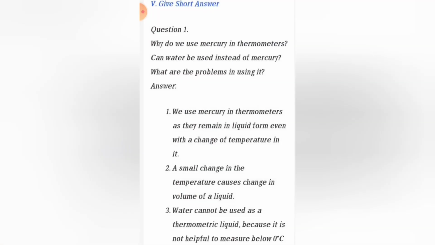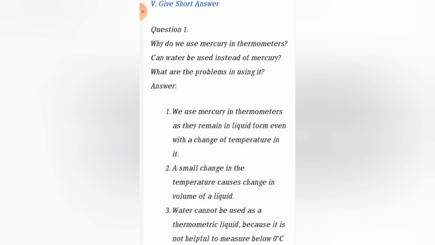Now we'll see the short answers. First one, why do we use mercury in the thermometer? நம்ம ஏன் தெர்மாமீட்டரில் மெர்க்குரி யூஸ் பண்ணுறோம், ஏன் நம்ம வாட்டர் யூஸ் பண்ணக்கூடாது, ஸோ வாட்டர் யூஸ் பண்ணால் என்னென்ன ப்ராப்ளம் வரும் அப்படின்றத பற்றி கேட்டிருக்காங்க. ஸோ ஃபஸ்ட் வந்து பார்த்தோன்னா we use mercury in thermometer as they remain in liquid form even with a change